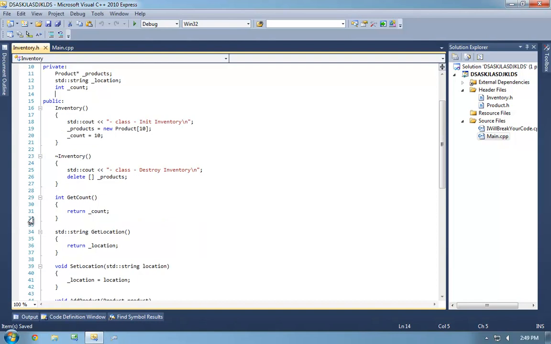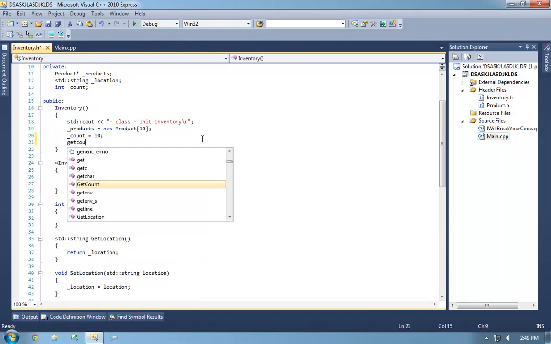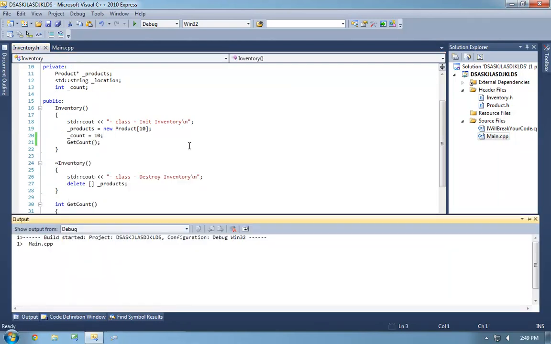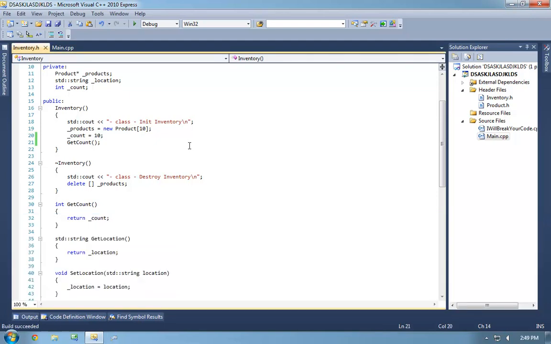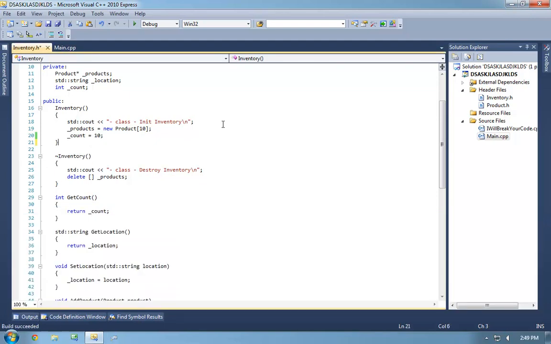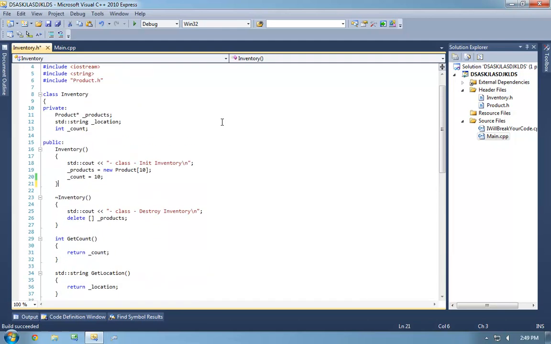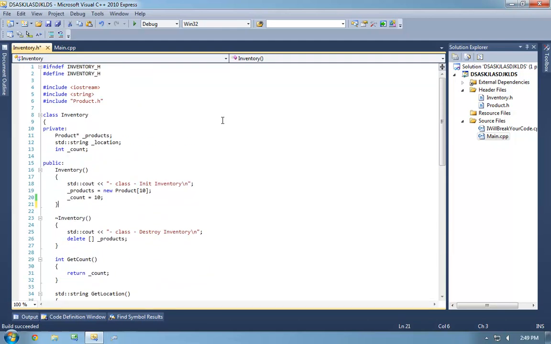You won't be able to do things that you would want to be able to do within your code. And other issues that you have with header files versus CPP files is